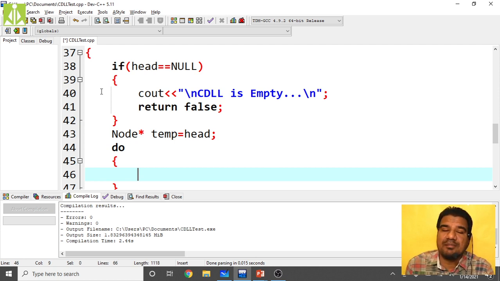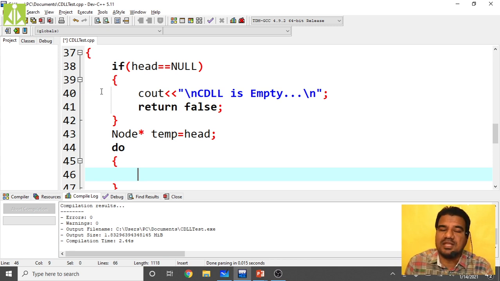So we are framing the condition in such a way that the temporary pointer should not become head. But if you take the while loop, the condition we have to frame at the top, and you are making the temporary pointer there itself as head, and your while loop also has temp should not be equals to head.